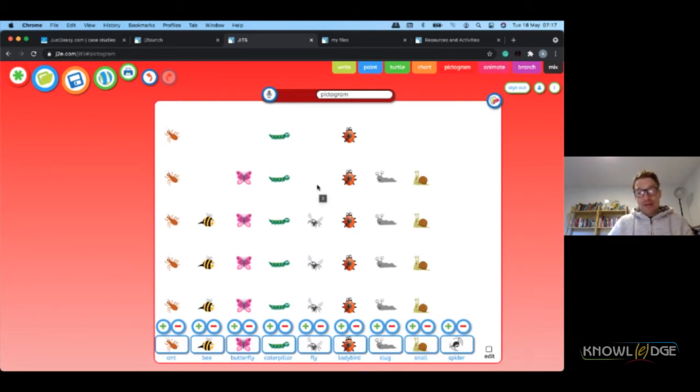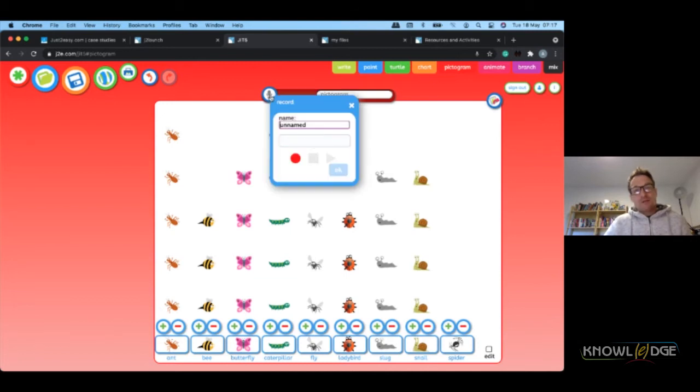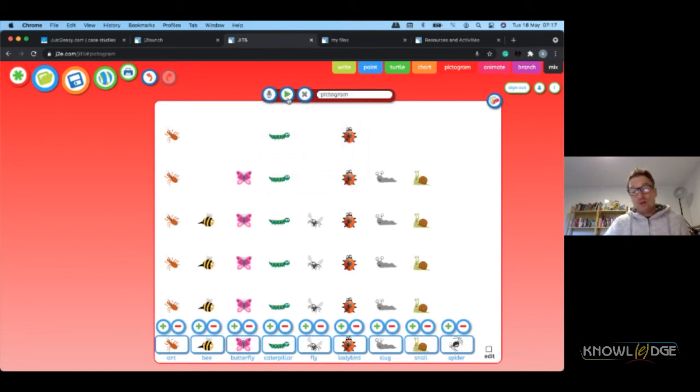You can create a pictogram first, save that with some audio instruction for your children to then listen to and complete. So there's learning on multiple levels, and you just simply tap the record button across the top of the page and then start speaking your instruction or questions for your children to be able to go and complete that activity. When they come to the activity, it will be just a question of hitting play and then working through the task.